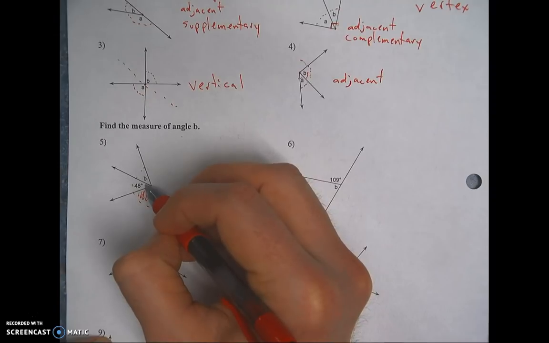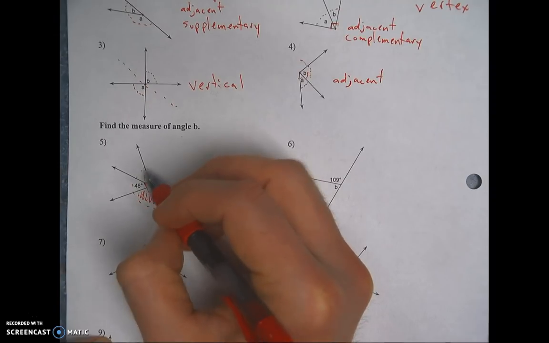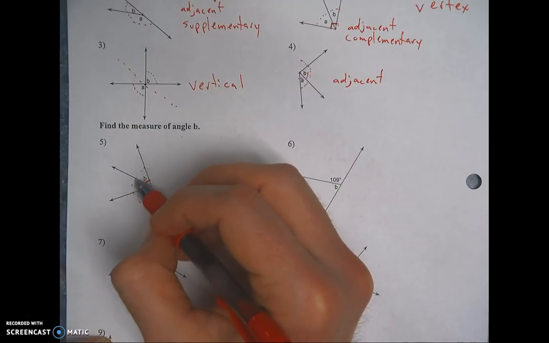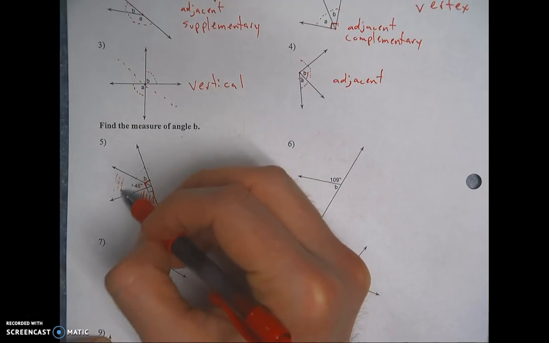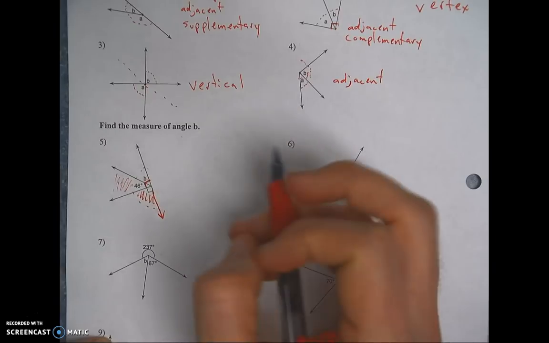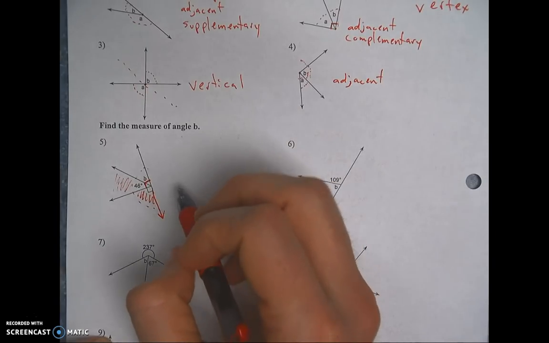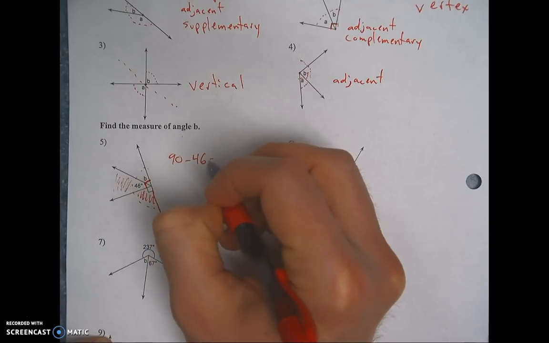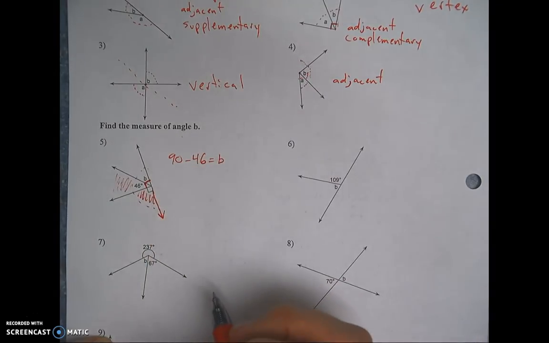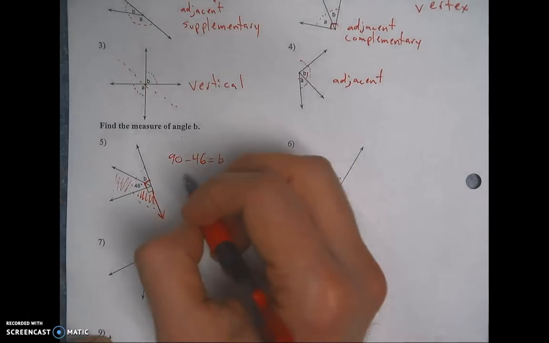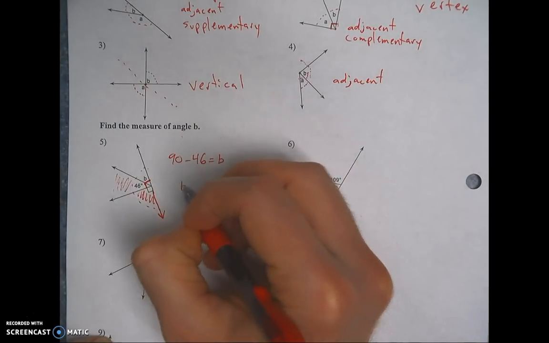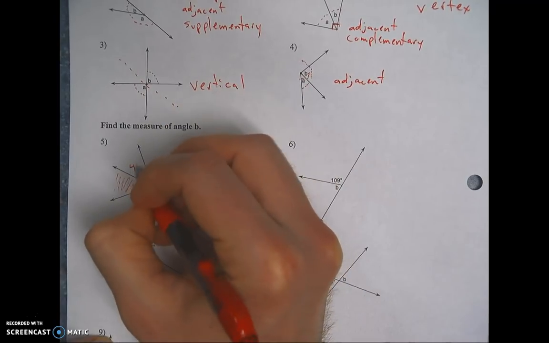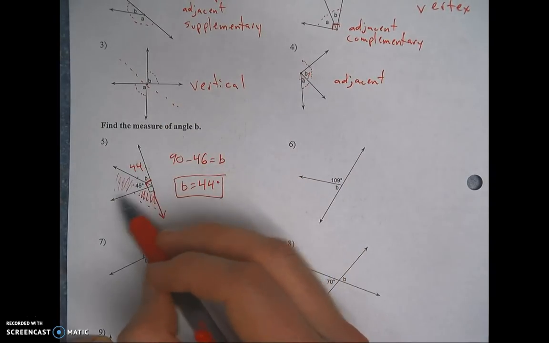to assume that this is also 90 degrees, because 90 and 90 is 180. So if these two angles together, the 46 and the missing one, letter B, add up to 90, all I have to do is 90 minus 46 to see what I'm missing. That's going to be angle B. So if I do 90 minus 46, angle B is 44 degrees, because this 44 and the 46 together are